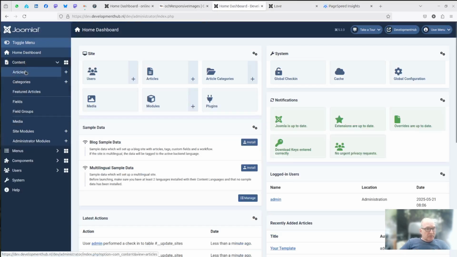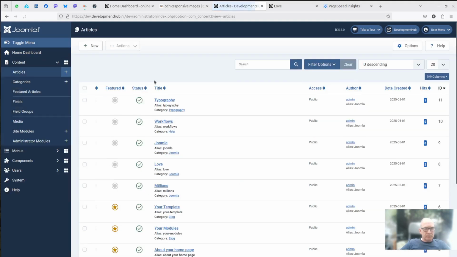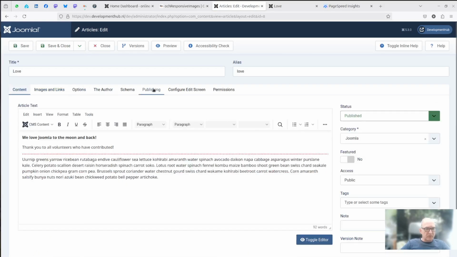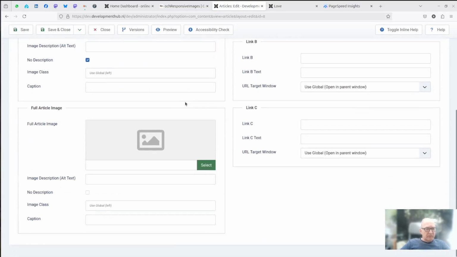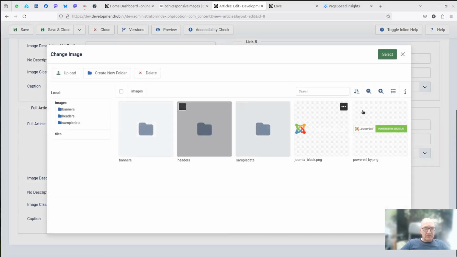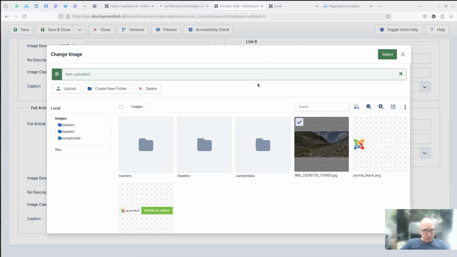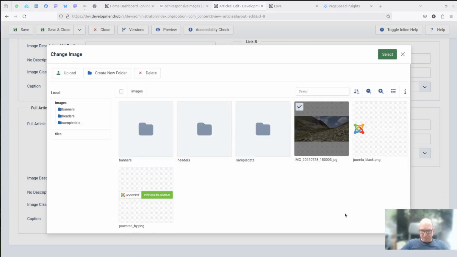Okay, so let's go to Content, Articles, the love article, and let's keep it simple and add a full article image. Select. Now I'm going to act like the regular user, so I've got a very big image of almost 5 megabytes taken with my camera.